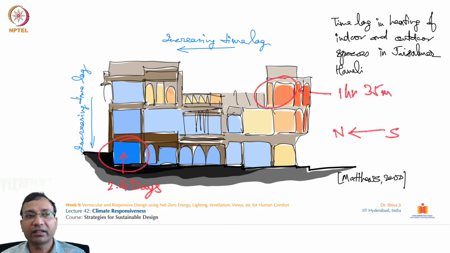Okay, and similarly on this side, it will take 2 hours 49 minutes, and on the bottom, actually the most left side, if you see, it will take 2.4 days to heat up this area. So obviously, if you see, this entire cross section has several advantages in terms of its length and breadth, how this building should be of this x length and y height,